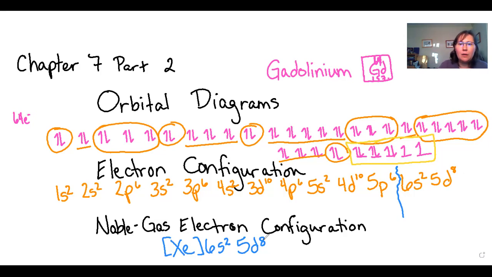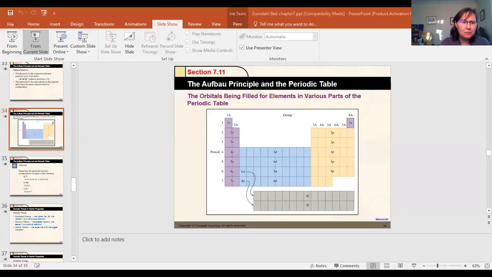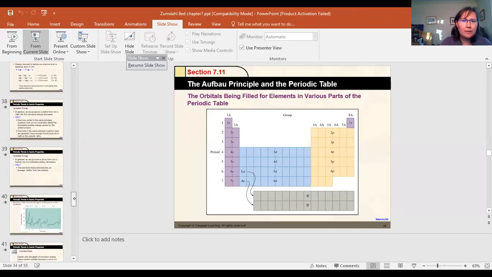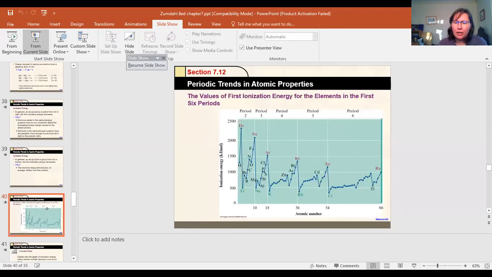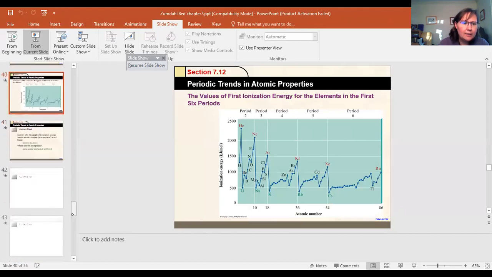Okay, so now let's see. The last thing that we want to look at today, and I'm actually going to go to the PowerPoint slides for this, is just to talk about some periodic trends. Okay, so what are those periodic trends? First of all, here we have ionization energy. I think you can understand them, but first let's go ahead and look at